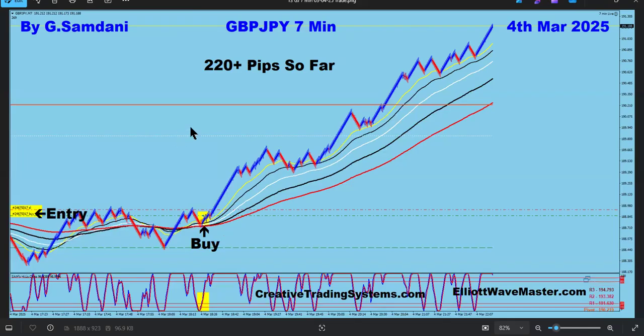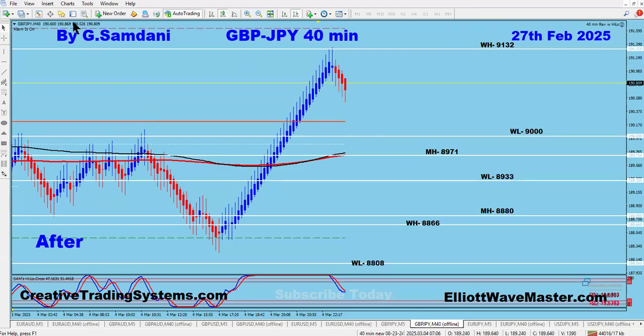So now you can see clearly that I risk 20 pip to get 220 pip. So I don't even pay attention to those ratios and the percentage and all of that garbage, right? You have a system, just go with that. That's it. If you know what pound yen is doing right now, nowadays, pound yen, let me see this indicator,